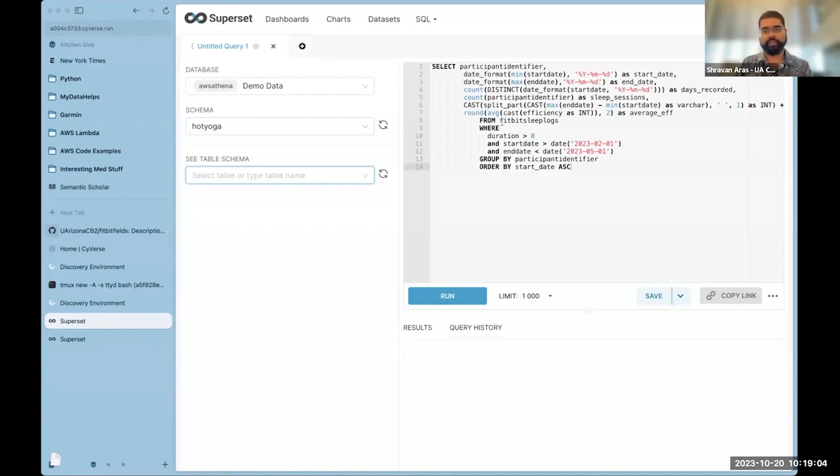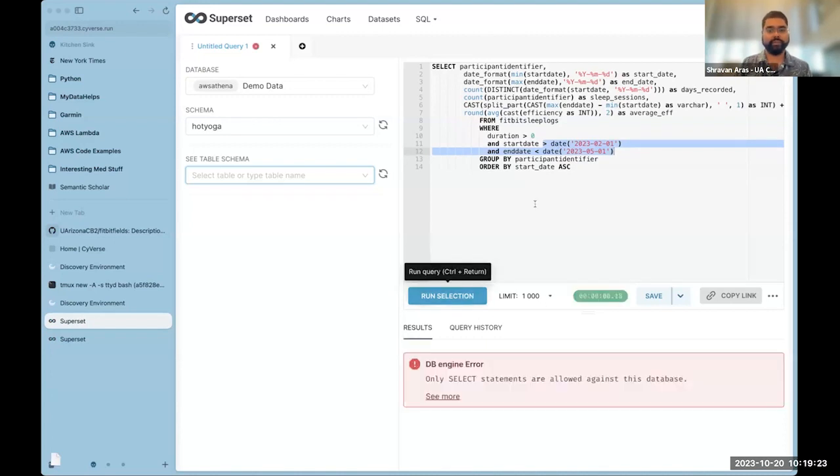But over here, we are pulling data from the Fitbit sleep logs, and we are pulling data from a very specific time period, just so that we can keep it easy and clean right now to see it. And we are looking at the start date and end date from when the sleep log started and when the sleep logs ended. And we're also looking at how many actual days the data was recorded for. So if I go ahead and run this,